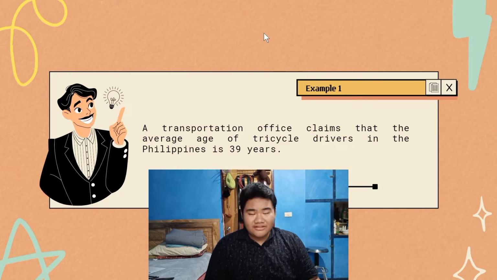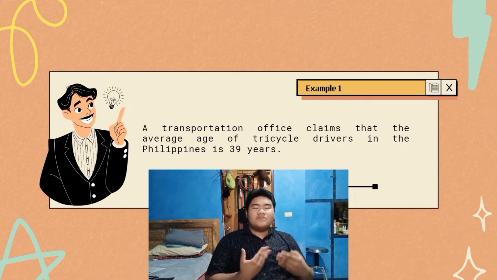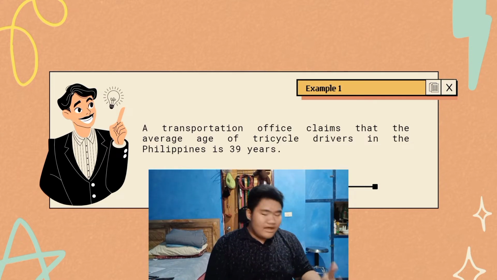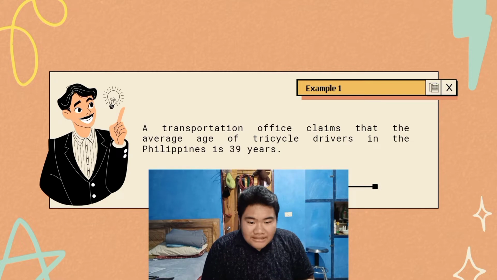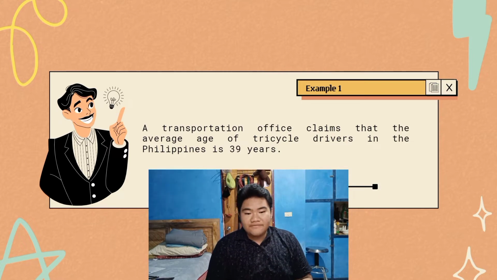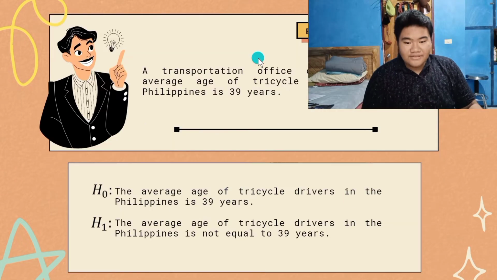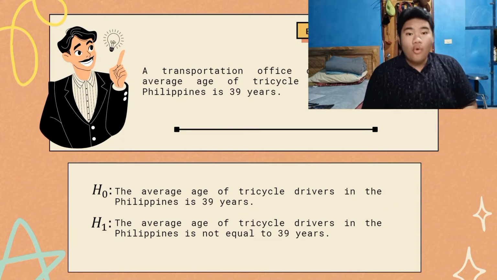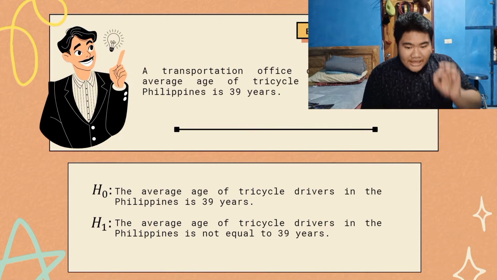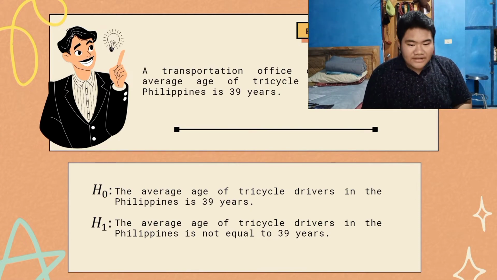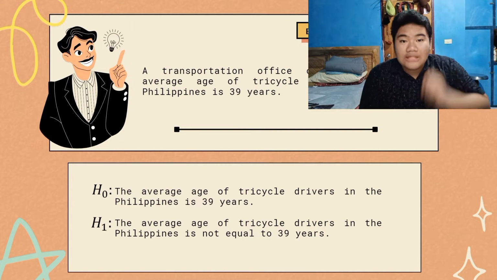is 39 years. In identifying the null and alternative hypothesis, you have to understand that in the example, it has already given the null hypothesis because it claims that the average age of tricycle drivers in the Philippines is 39 years. So the null hypothesis is this: the average age of tricycle drivers in the Philippines is 39 years. While the alternative hypothesis is the average age of tricycle drivers in the Philippines is not equal to